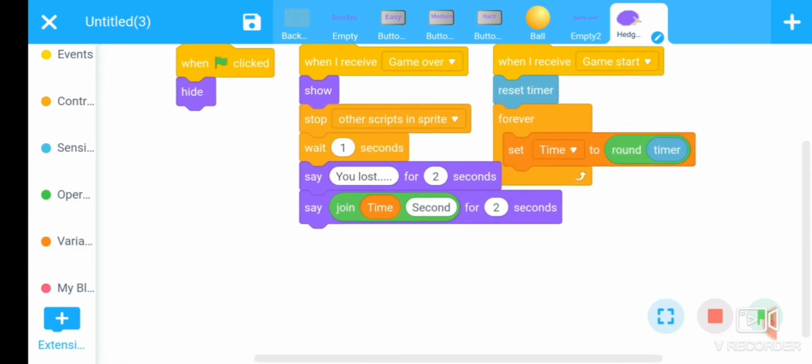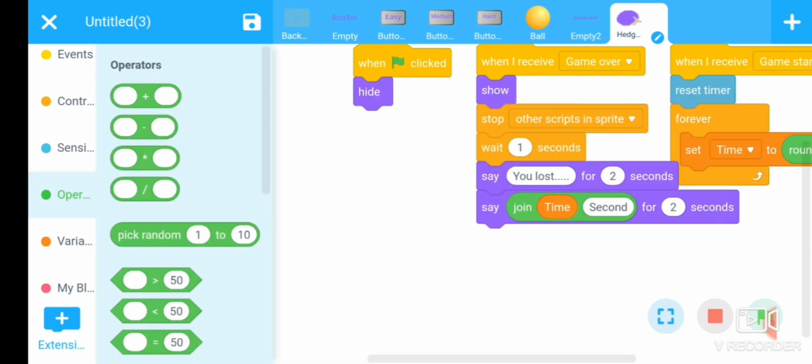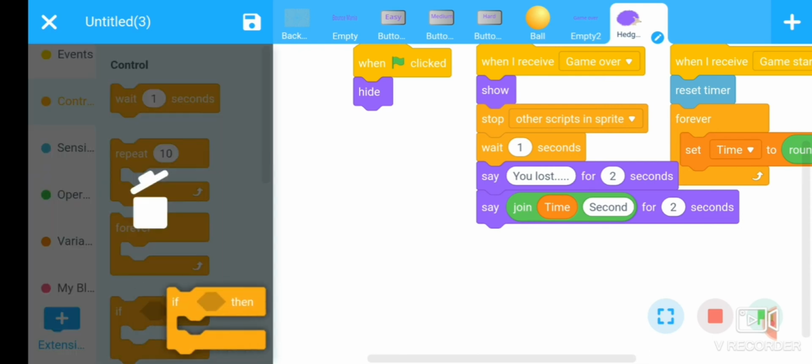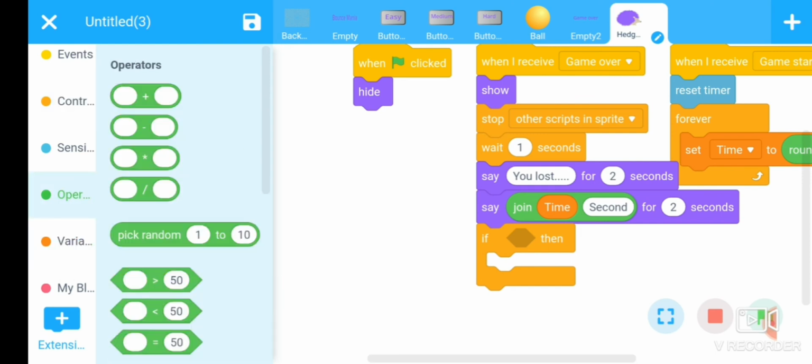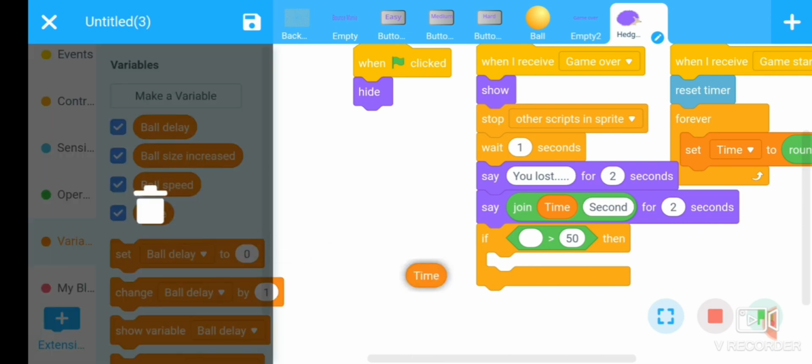Fine. And also we want to limit the time of the game. We have to limit the time to 100 seconds. For this, go to the control section, use an if then condition here. Put a greater than block with the variable timer.